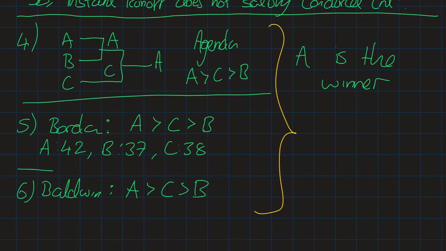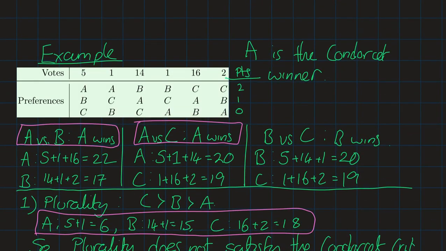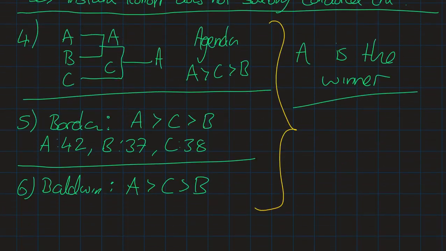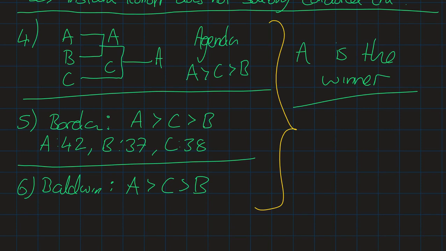But does that mean that they satisfy the Condorcet criteria? Well, no. Just because in this particular example, in this particular voting profile, they happen to elect the Condorcet winner, that isn't enough information to conclude that they will always elect the Condorcet winner. Right? We can't conclude anything from this information. Like, it's true that in this particular example, the agenda, the Borda, and the Baldwin all elect A as the Condorcet winner, but we can't conclude that they will always do that for every voting profile which has a Condorcet